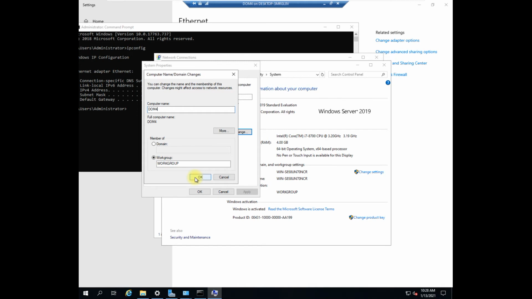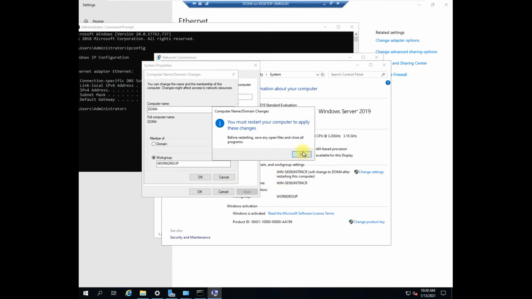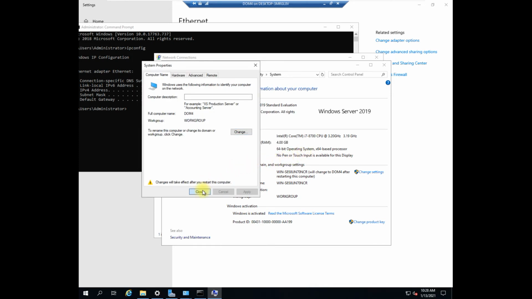Now it asks the system to get restarted, so we'll click on OK once again, and it popped up with the restart. We'll allow it to restart. Once it gets restarted, it's automatically reflected with DOM1 as the host name for this system.